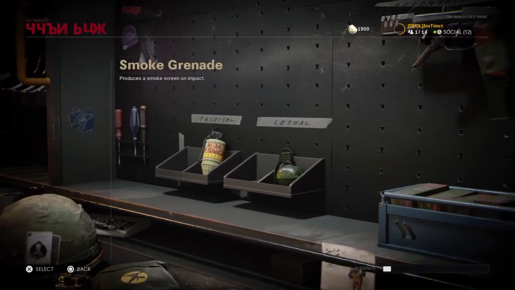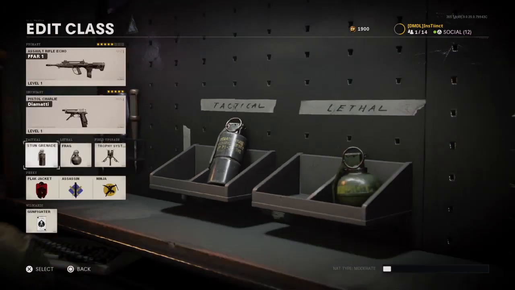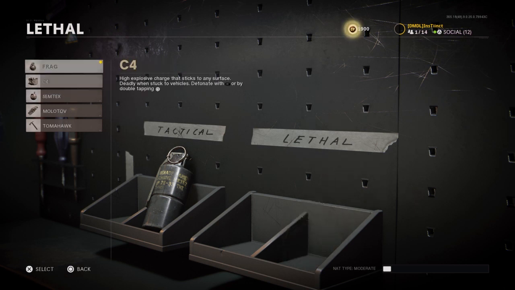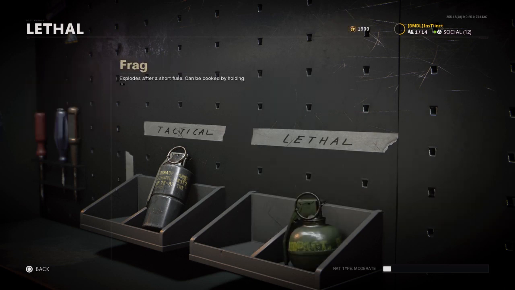To try and Garrison running a smoke as well. But stun's definitely better than flash, so I'd definitely pick stun over flash. And then frags, you can just chuck them a lot further than Semtexes, and you can cook them, so I think they're personally better. If you want to be Team Summertime, Optic Blake, then run Tomahawk, and I respect that, but yeah, if you want to go for...